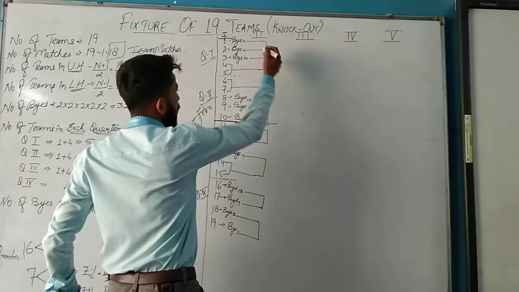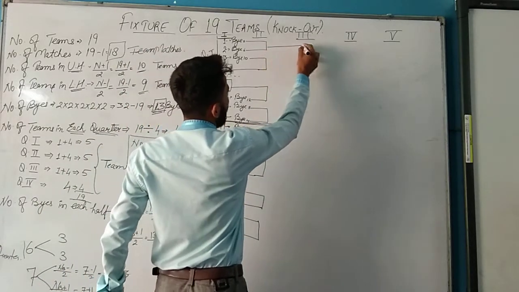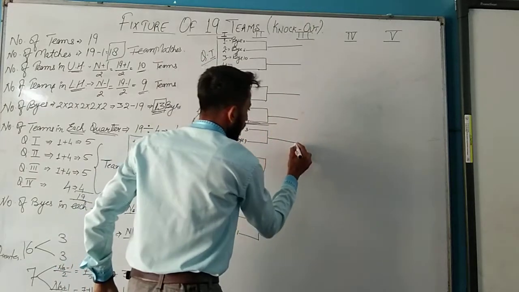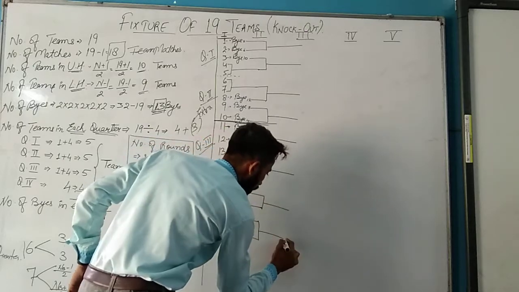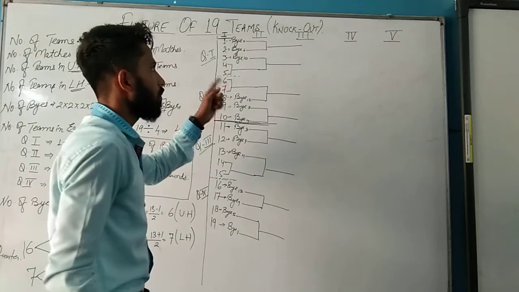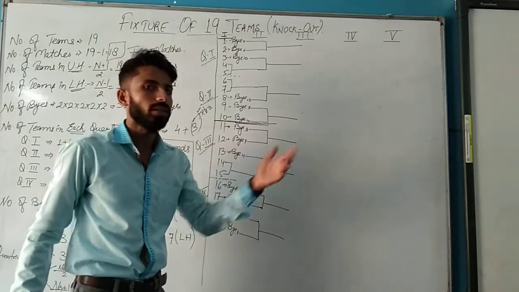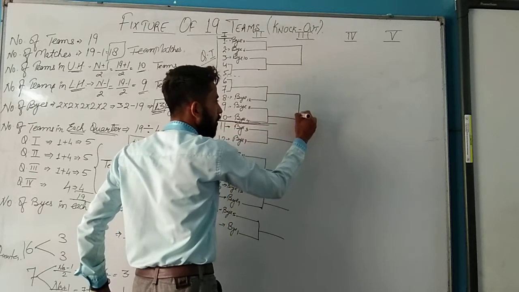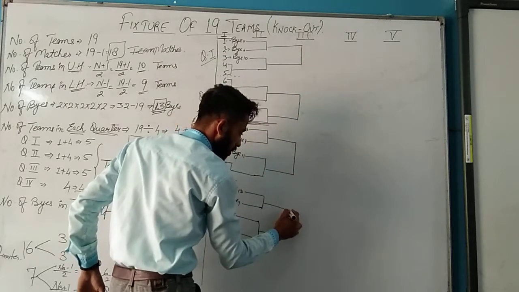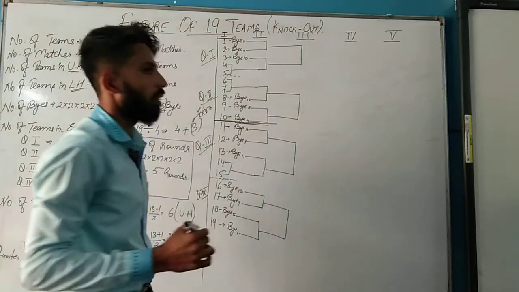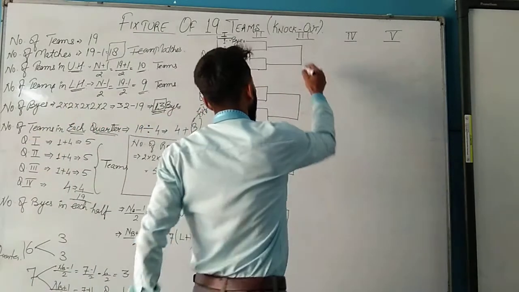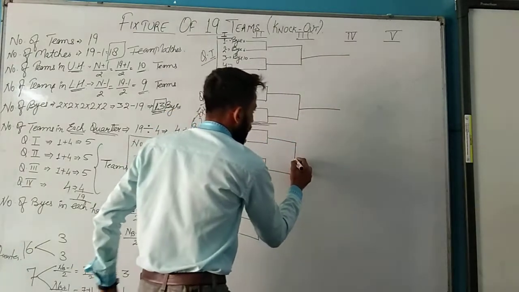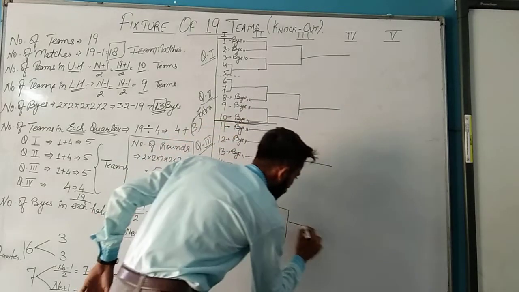Now these players are going for the battle and one will win and move to the third round. Only one and one. Next, again in the same way, in the quarter number 3 and 4. Now only one team from each match will go to the next round, that is the third round. In the third round these teams will battle again, the winning teams. These and these teams. Only one winner will move to the fourth round here, and here only one winner. Again in the same way in the lower half, the procedure goes the same.